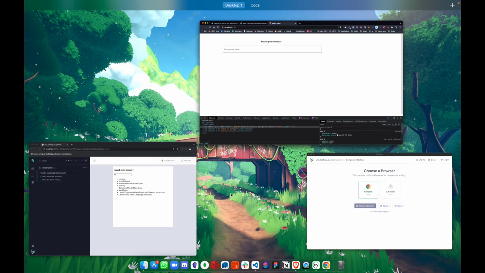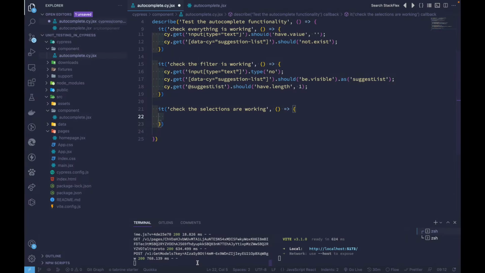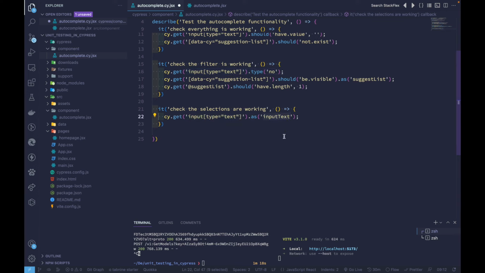So to have that, we could just go and stop it for now. And what we could do is get the input type text, which is this particular thing, and give it an alias of input text, so that we could just write input text if needed later on. And we could add cy.get, and get the input text and again type no. And we also use the dot type command to type anything that's needed, and we are repeating down arrow 2 times